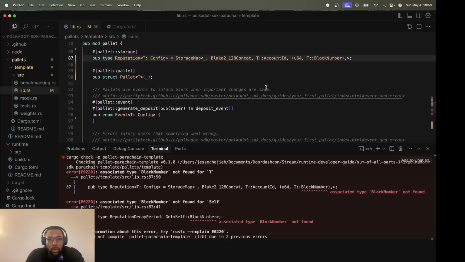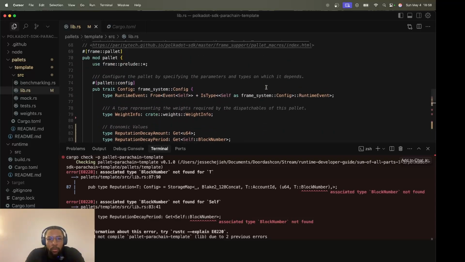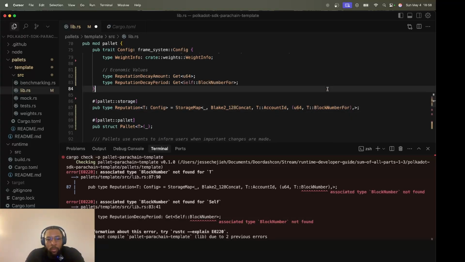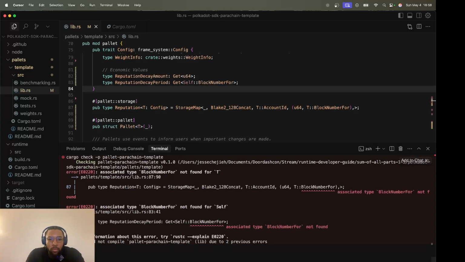So there's no block number, but it should be block number 4. It's not block number 4 here.